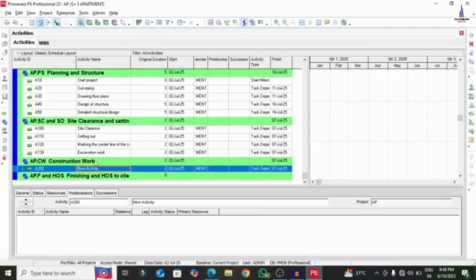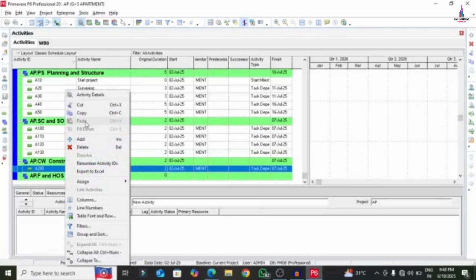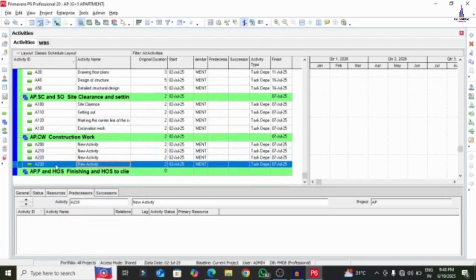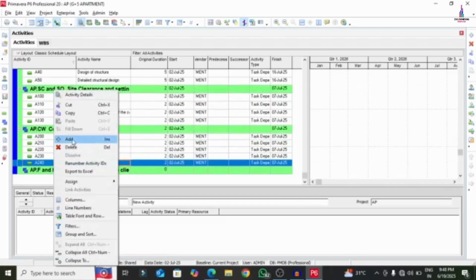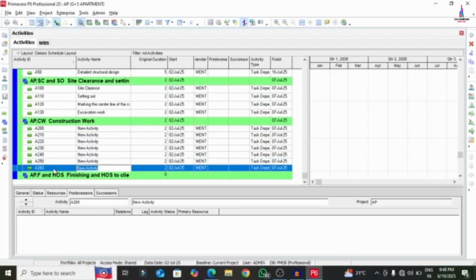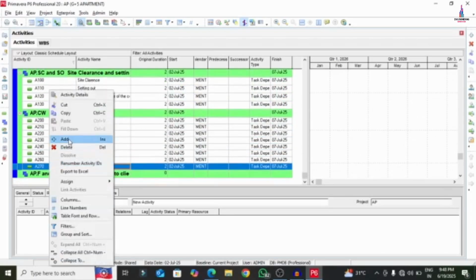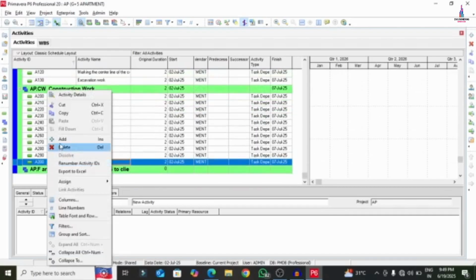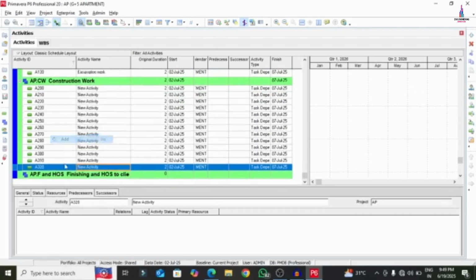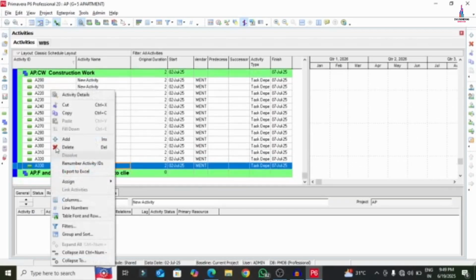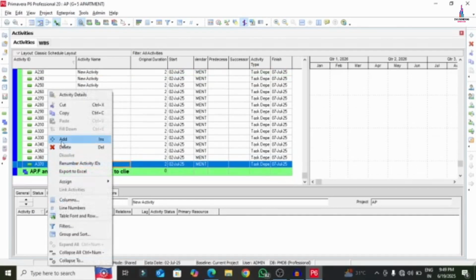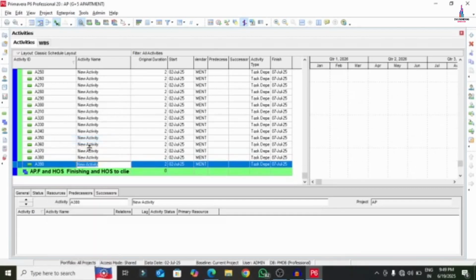In this section initially I am adding the activities, 20 numbers here. Click on add, again I am adding, again add. So here I am adding, again I am adding. In the same process we have to add the activity up to some 400 section. Why? Because it is consisting of a large number of activities for the project. That's why initially I will add the 20 activities, then after that we will see the rest of the activities for the sections. Now I have added here,